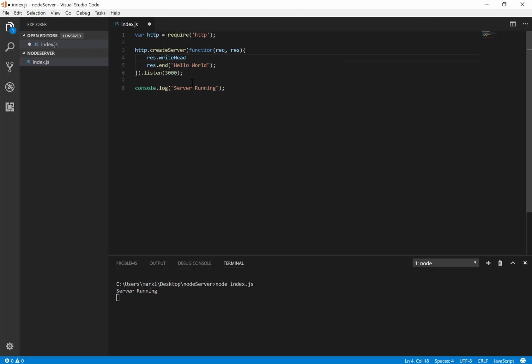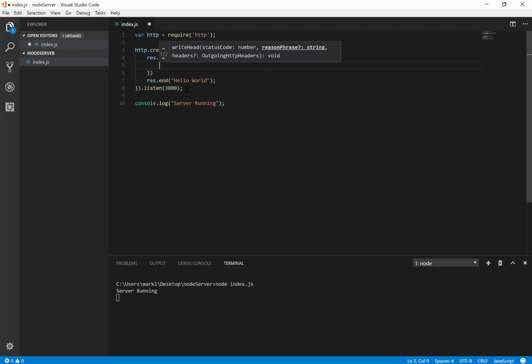And what we're going to do is send, first we need to send a response code. So I'm going to send the response code 200, which says everything was fine. I received your request, and I can find the file that you need, or there's been no errors. So we're going to send back an A-OK 200 response code. And then we're going to send an object as the second parameter, or argument. And we're going to say,